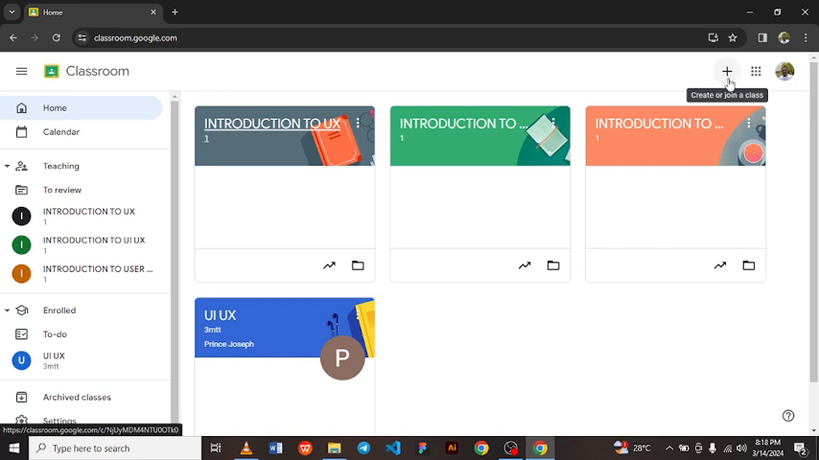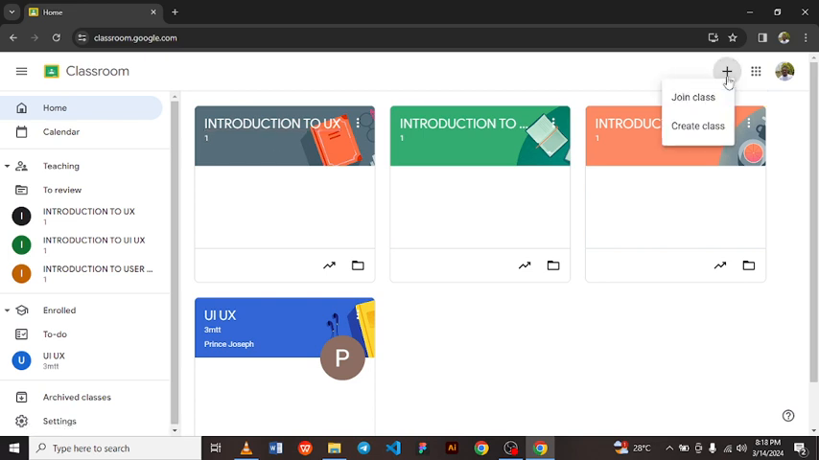When you hover on the plus sign, you see Create or join class. You click on it, you see drop down options. One is asking you to join a class. You join a class as a student. The second option is create a class. You create a class as a tutor or a teacher. So in this case,